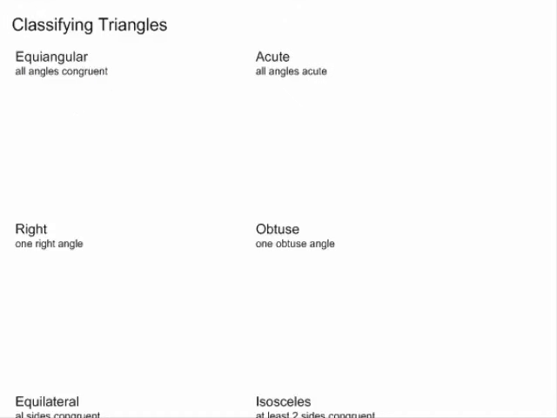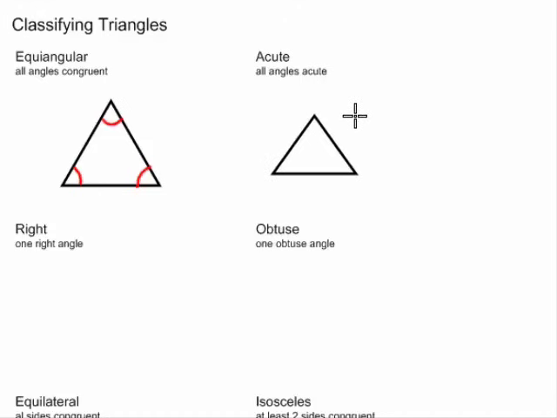So if we are looking at a triangle, and let me bring one up, that means that in our triangle, all the angles would be congruent. That is an equal angular triangle. An acute triangle is a triangle where all the angles are acute. All angles are acute. That means that every angle here, here, and here, all the measures of the angles are